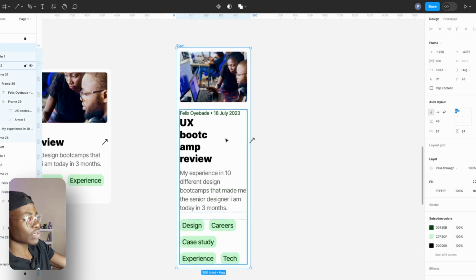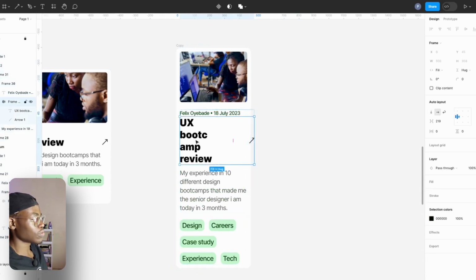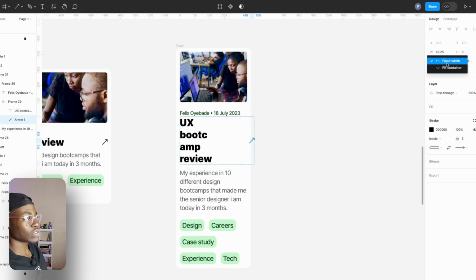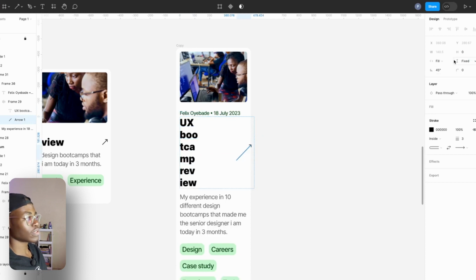What's wrong with this area here? So now we'll look at it. What is this one facing? It's fill, good. This one is fixed. So if you add fill content now, it's taking too much space. So that's not the point. You want